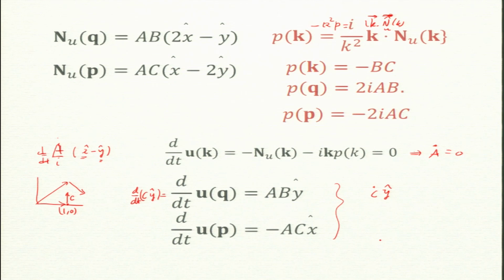So, C dot is AB y hat. So, C dot is in fact AB y hat. This implies C dot is AB. So, you are writing in a vector form and then picking up the components, and this is a simple example, and you can get all this stuff. And similarly, from here I get B dot, UP has B in it. So, that gives you B dot is minus AC. So, these are how we derive equations for the evolution of these amplitudes.